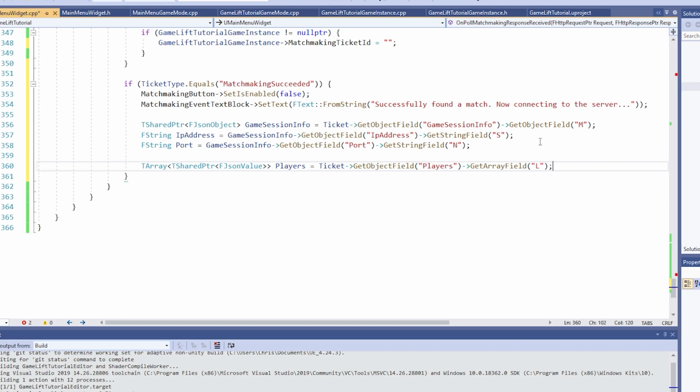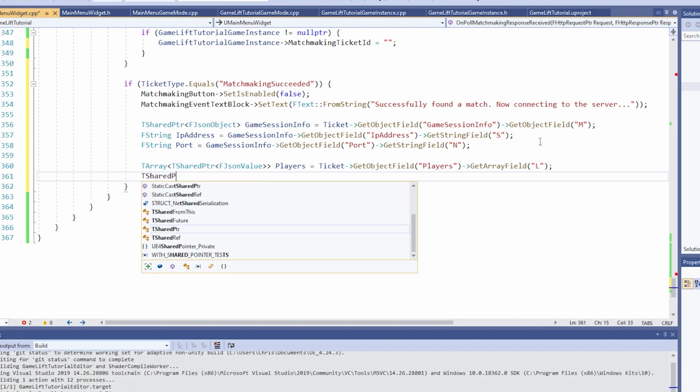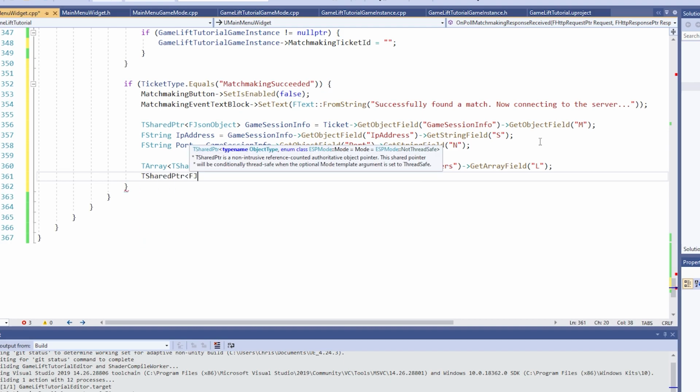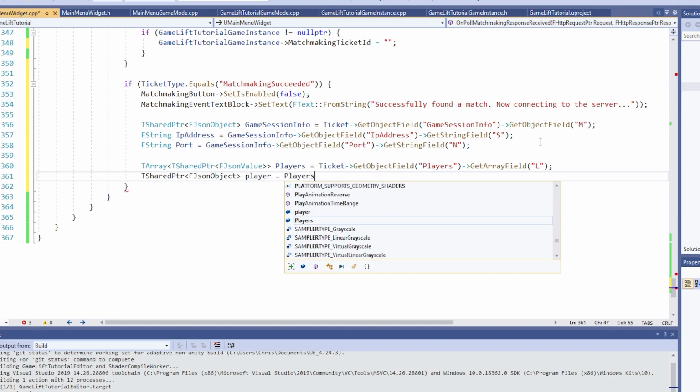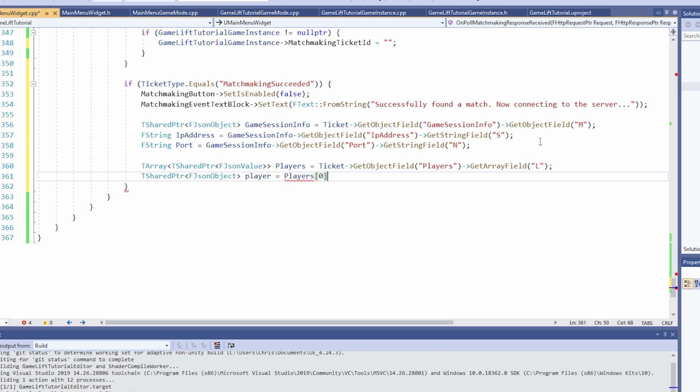However, for this tutorial, we will be assuming that each ticket will only have at most one player associated with it. So let's get the first player in this array and get the map property from it so that we can get the player session ID and player ID from this player map object. So type out TSharedPtr in carets FJsonObject. We'll call this variable Player and set it equal to Players square bracket 0, which represents the first element in the Players array. And then arrow AsObject,